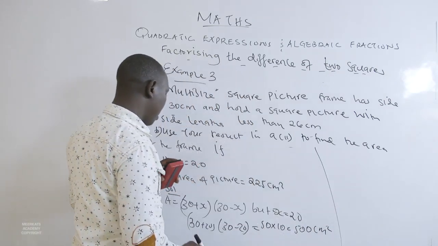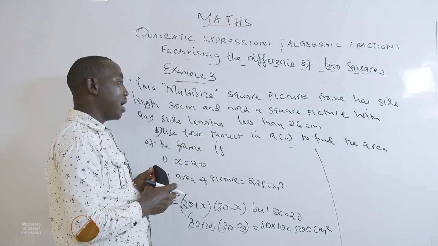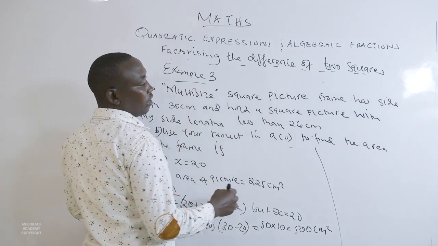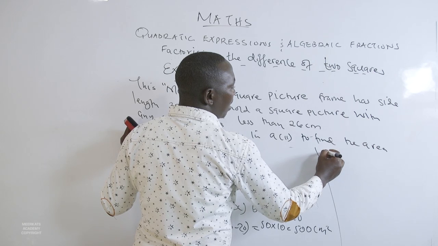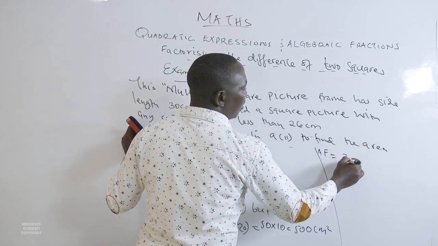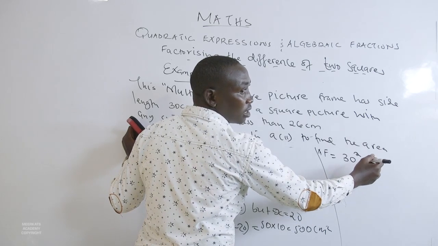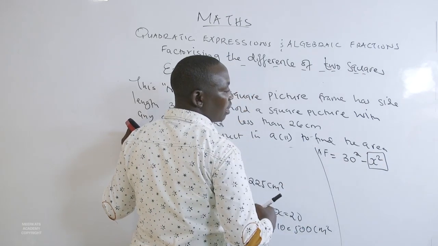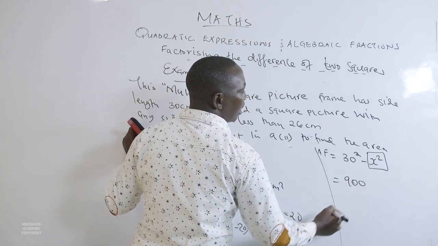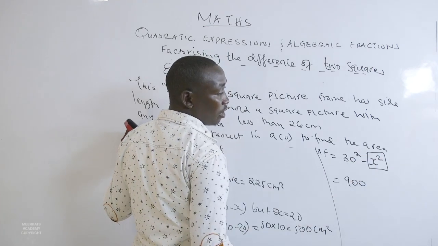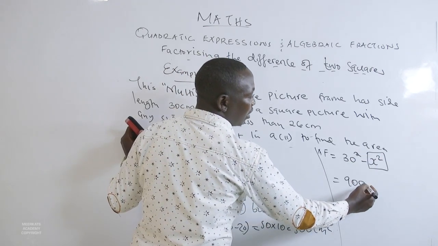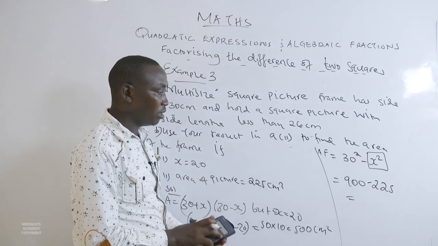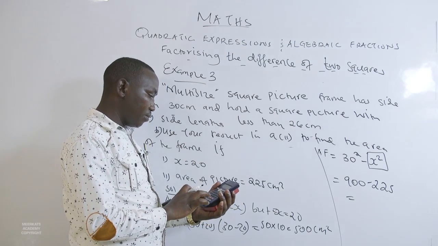Now part B requires us to find the area of the frame if the area of the picture is 225. You can recall we said that the area of the frame will be given by 30 squared subtract x squared, where x squared is the area of the picture. So that means the area of the frame is going to be 900 subtract the area of the picture, which is 225 square centimeters, and that will give us